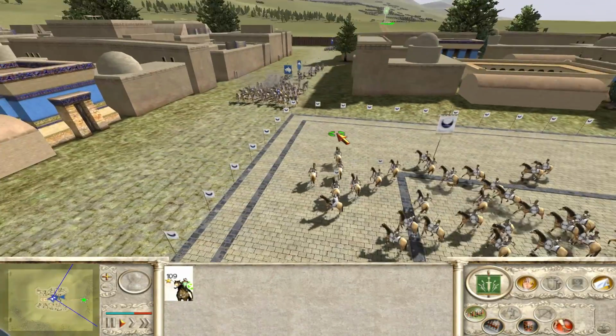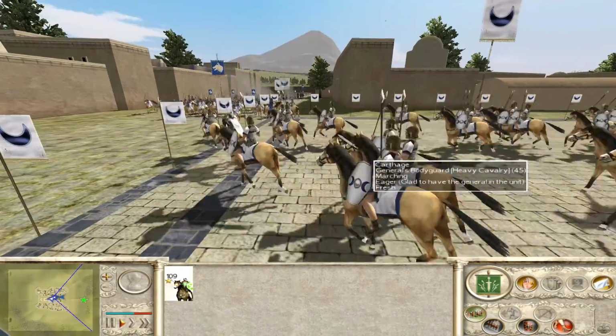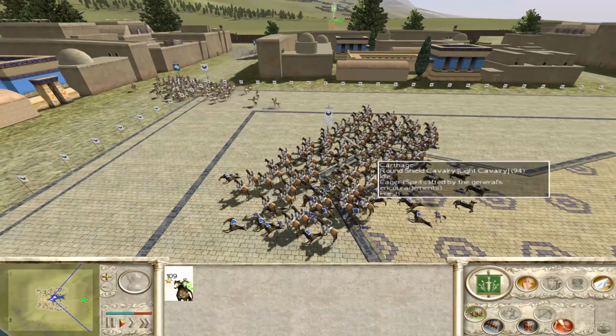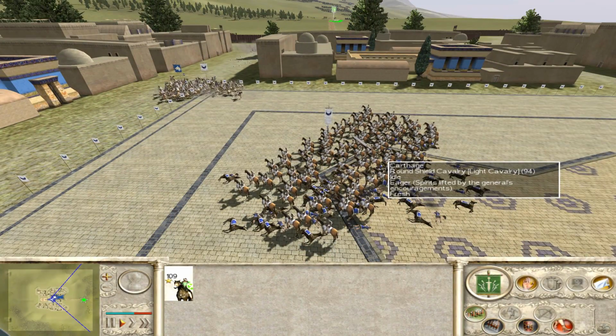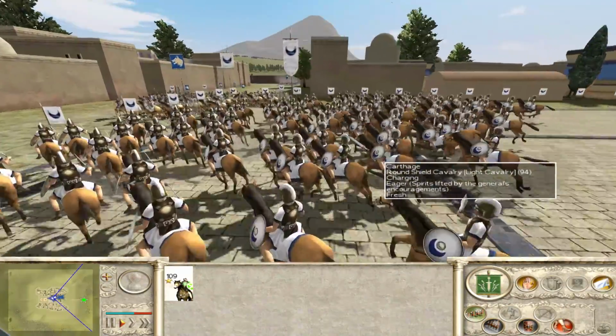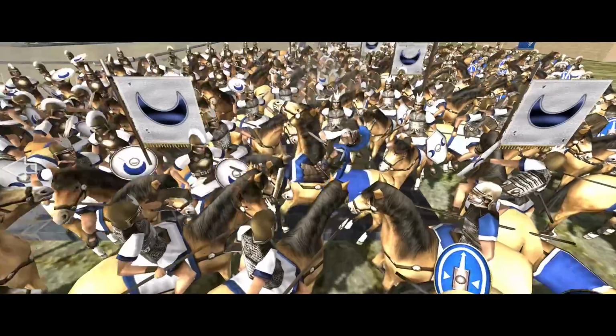By the looks of things, where's the Hastati? Way back over there. Now it's just general on general, and if the Carthaginians are clever, then their own cavalry will... No, their own cavalry's not going to get involved. Yes, it is! Okay, well, that's it. Their own cavalry's going to get involved. Their own cavalry's going to murder...